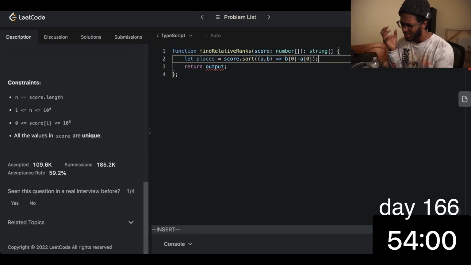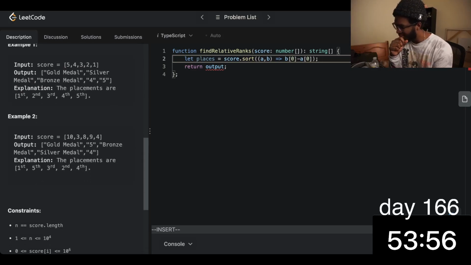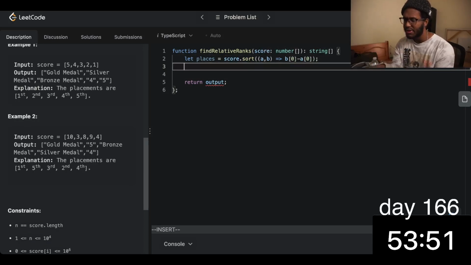Why is it that something is so confusing about this problem? I'm not exactly certain. Something is very confusing, but we can create a map of score to a tuple of the index and the value or their score. Now we're actually mapping it to their score, so it doesn't make sense that their index